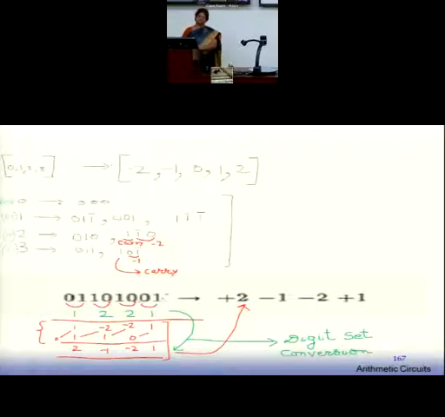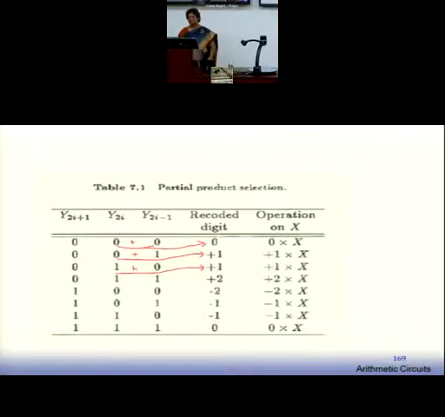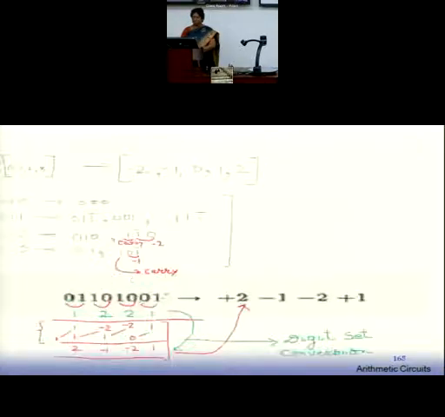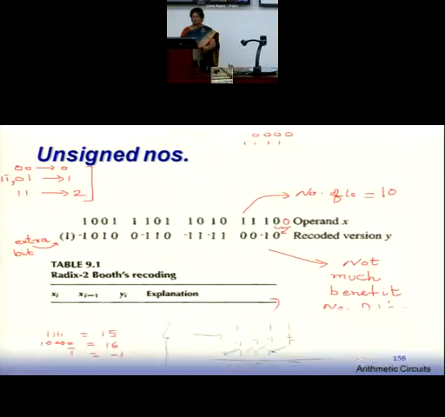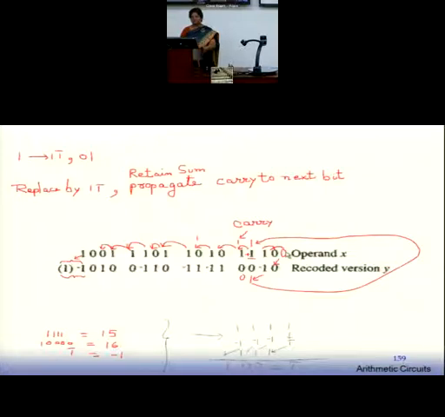We have representations for 0, 1, 2, and 3 for 3 bits. While recoding, are we utilizing that representation? Yes, that's because of that only you are going to make this table. You look at 2 digits together and 1 digit from the previous, or in an overlapping way. If you recall, we went through this exercise. How do we recode? We move in an overlapping fashion. This is radix 2, where you recode by taking 2 bits together.